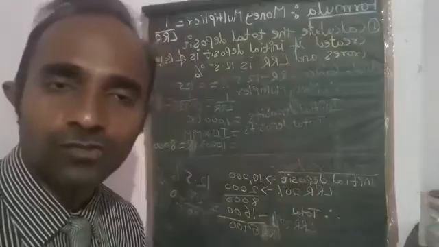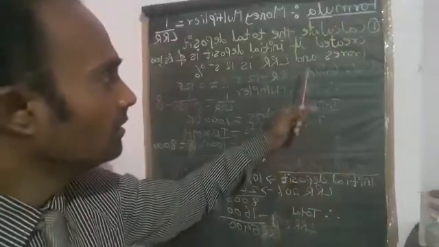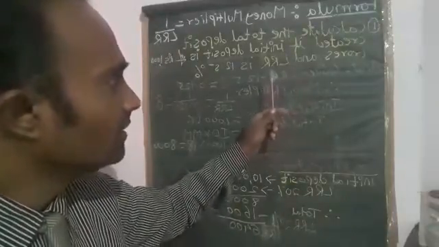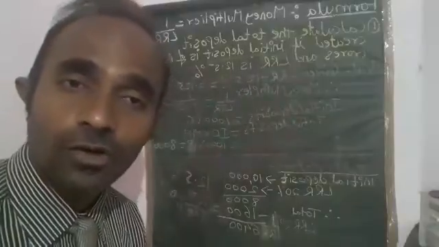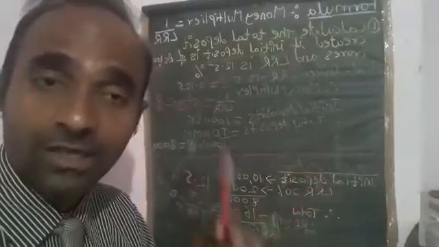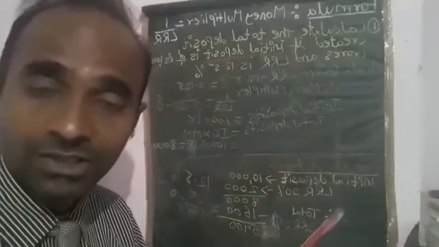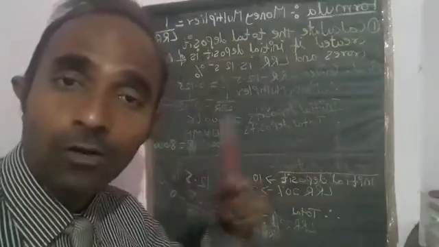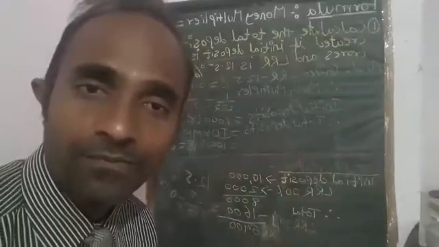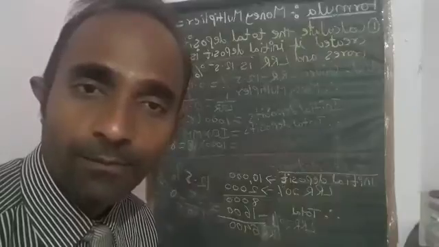So this is how, students, we are calculating demand deposits and legal reserve ratio, taking the deposits into consideration, and how credit is being created in the bank or by the bank.